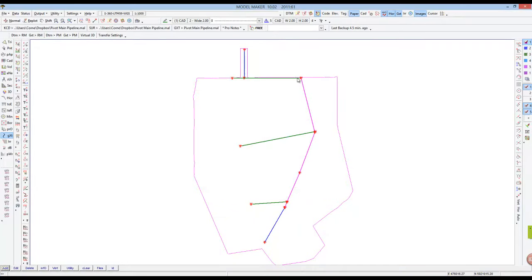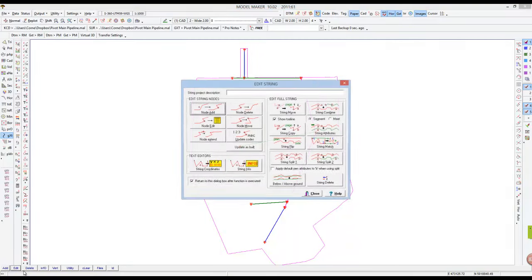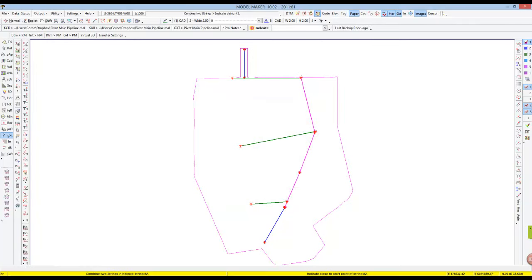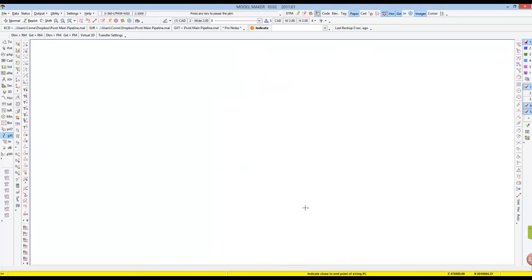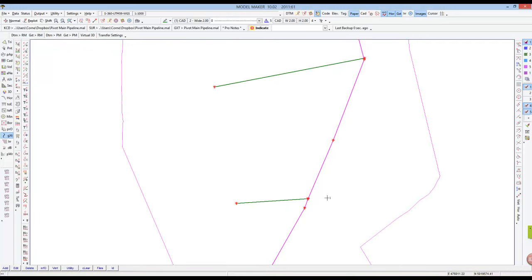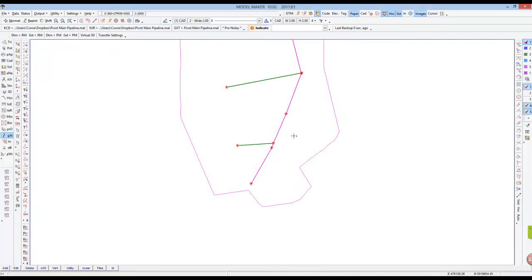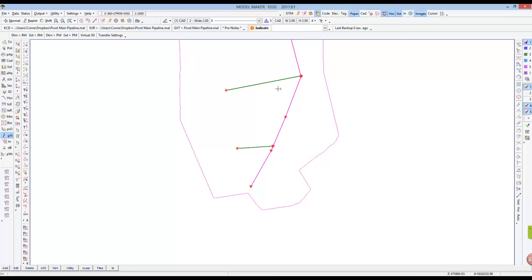Right, so I'll just use that pink string connected onto that one, make a connection there. So we go to strings, edit. I'll just use string combine with the meet tool, just connect those two to each other, and maybe I should do the same here. Right, so essentially I'm just creating all of these little bend points,